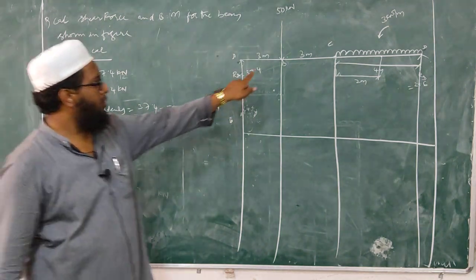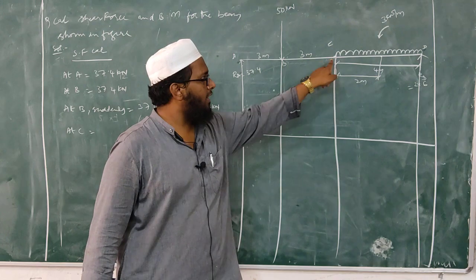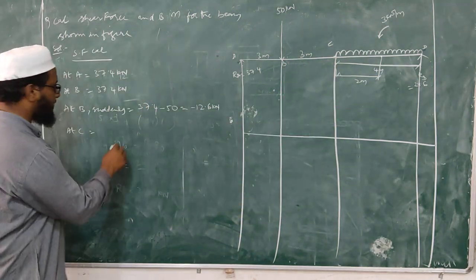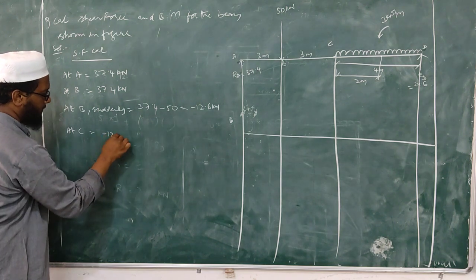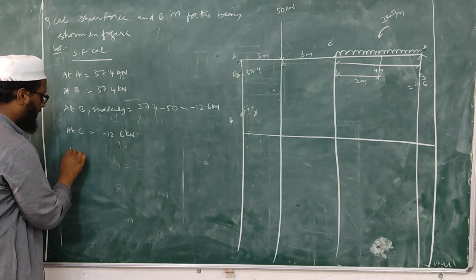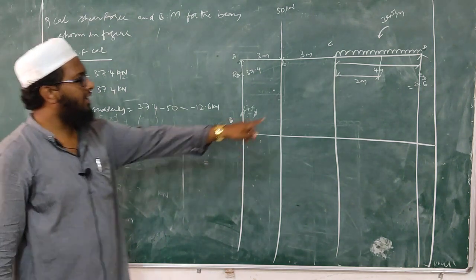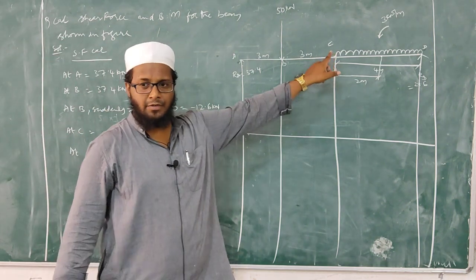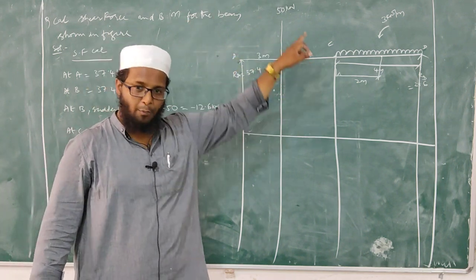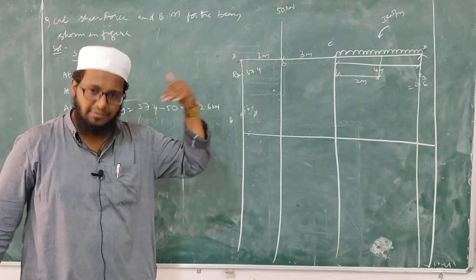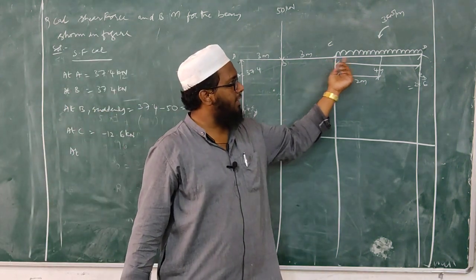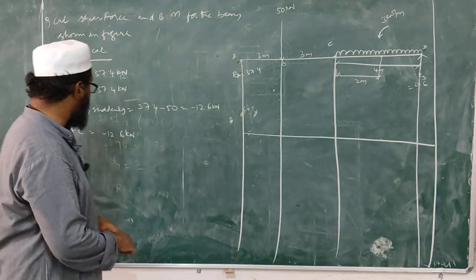See here, from B to C, do we have any load? No load. So what we will do? We will take the previous value. What is the previous value we have? Minus 12.6 kilonewtons. Now, do we have a point load here? No. Then what we have to do now? No need to calculate suddenly and all those things. If we would have any point load there, then we have to calculate one more time, that is suddenly we have to calculate. Then from C to D, what is happening, you tell me?